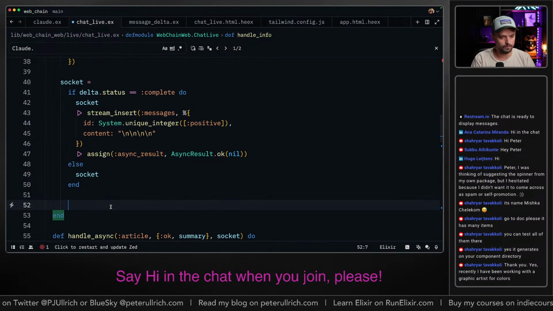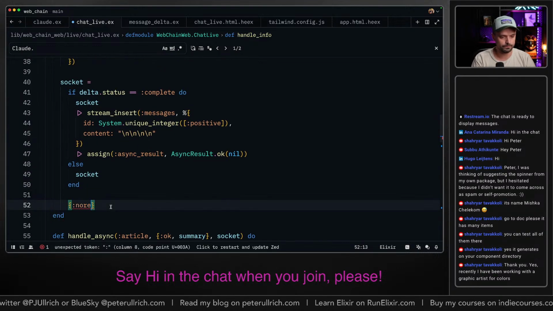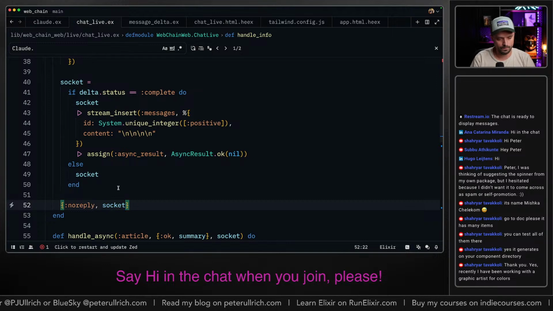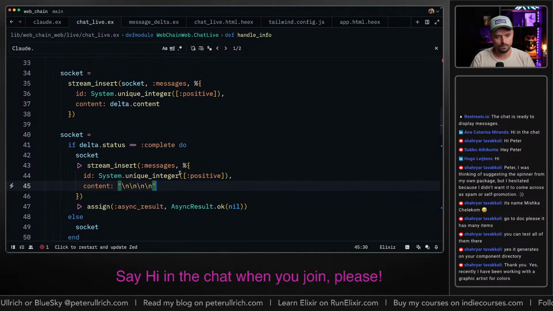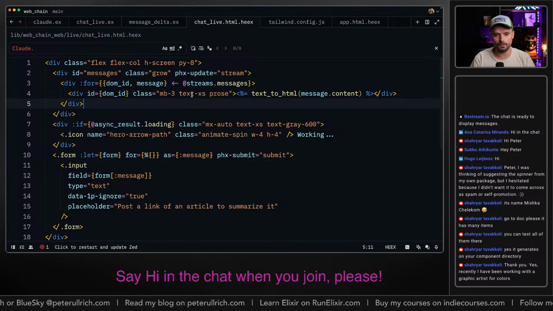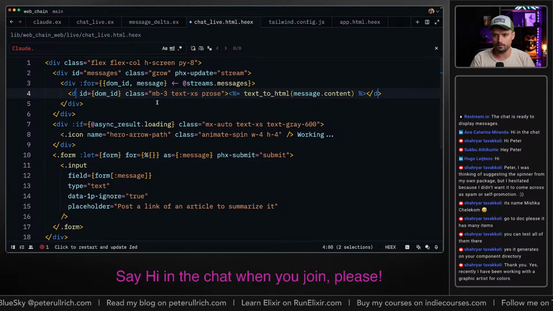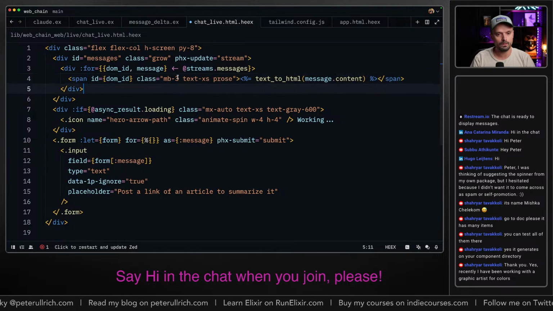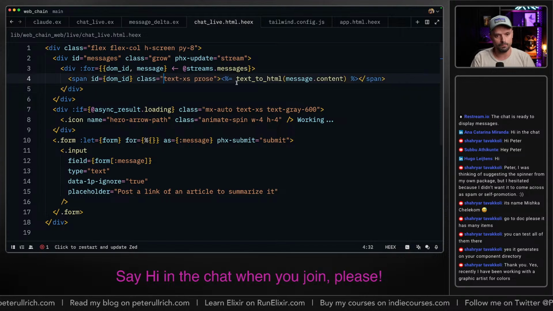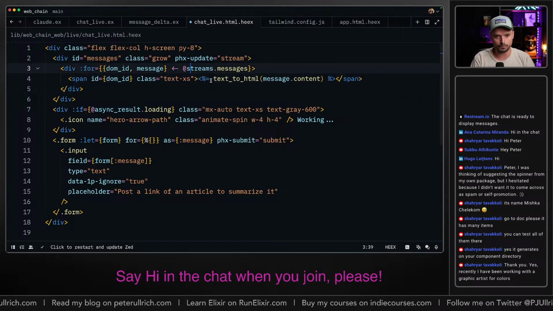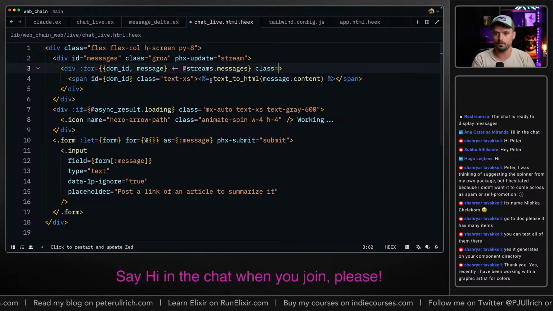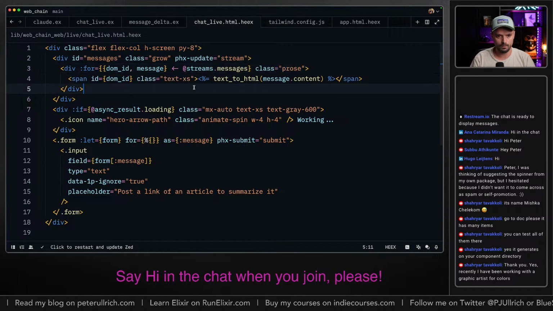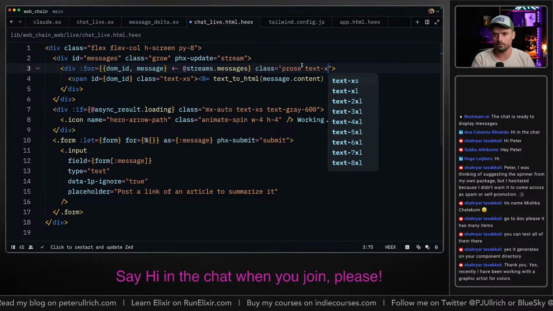And that way we can do a no reply. Right, and we need to fix our thing here so it's not a div anymore, it's a span. And it doesn't have a body like this. And also the prose should probably be here. And also just the text.